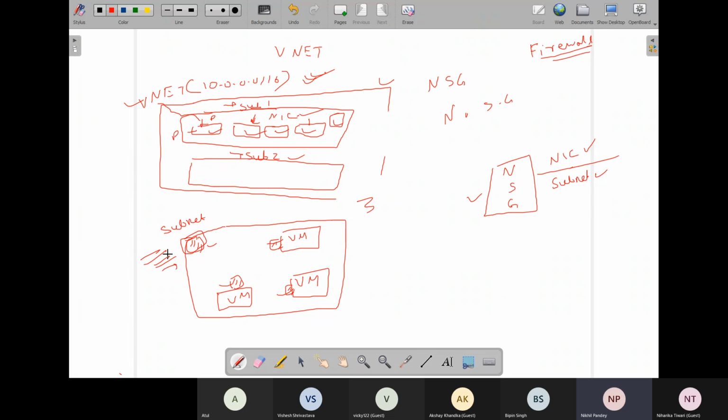I will discuss rules later. So there will be a lot of rules, and you need to manage all of them. If you want to simplify your management, or you want to restrict something in a different manner and restrict other things in a different manner, you can choose either an individual NSG or an NSG placed over the subnet. And what NSG does,